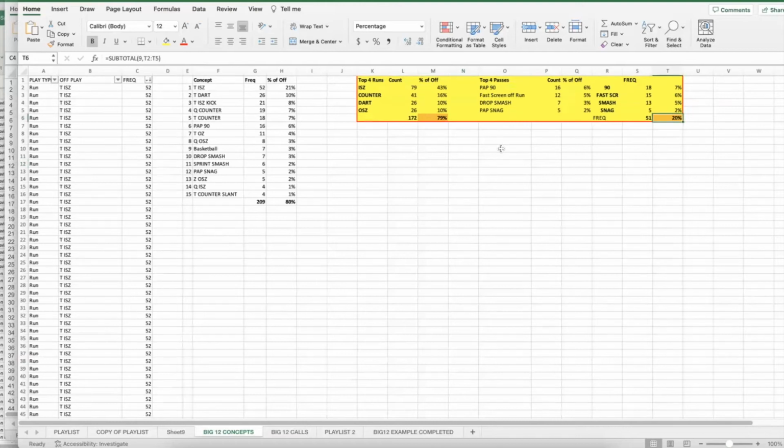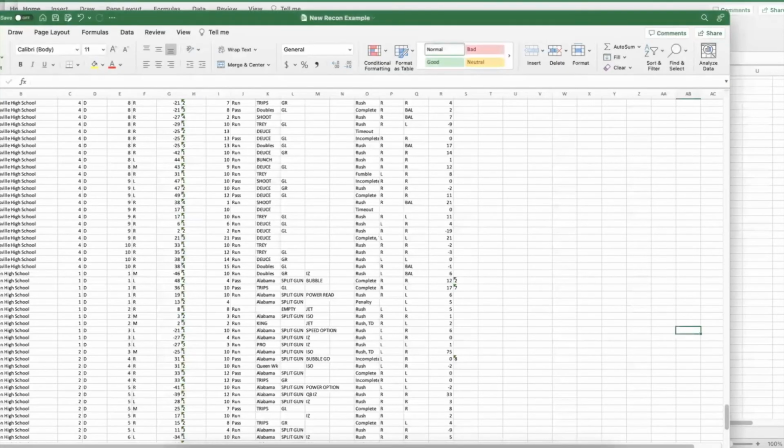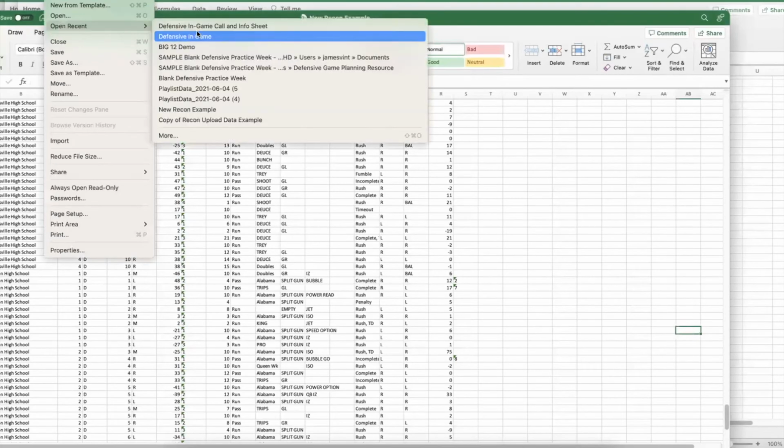All right. So we have now taken and broken down their offense into these 8 things that we have to defend. That helps us target exactly what it is that we're going to need to practice throughout the course of the week. But when we build our scripts, I need the play call. So what I'm going to do now is I'm going to take these top 12 things. Some weeks, like if it's this one I showed you, I would go ahead and take the whole Big 12, and I'm going to copy and paste those. Let me pull this up here. Let me pull up my call sheet.